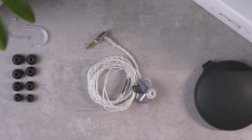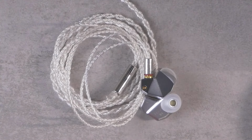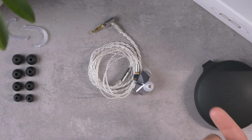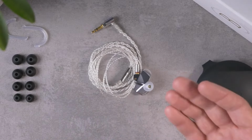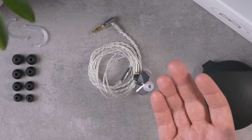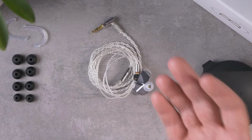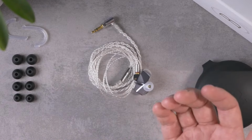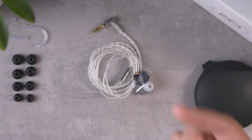So what I do like about the Final B3, generally I think it's a pleasant tone, even though it's not necessarily my exact favorite tonality. It's definitely warmer and more laid back than my absolute preference. Not every IEM has to have my exact preference. There are other things that I'm more concerned about. And this, I think, is a pretty good execution of that warm, laid-back tone. I find it generally pretty pleasant, easy to listen to, relaxing, etc. Maybe not the most engaging, in-your-face aggressive detail retrieval and stuff like that,